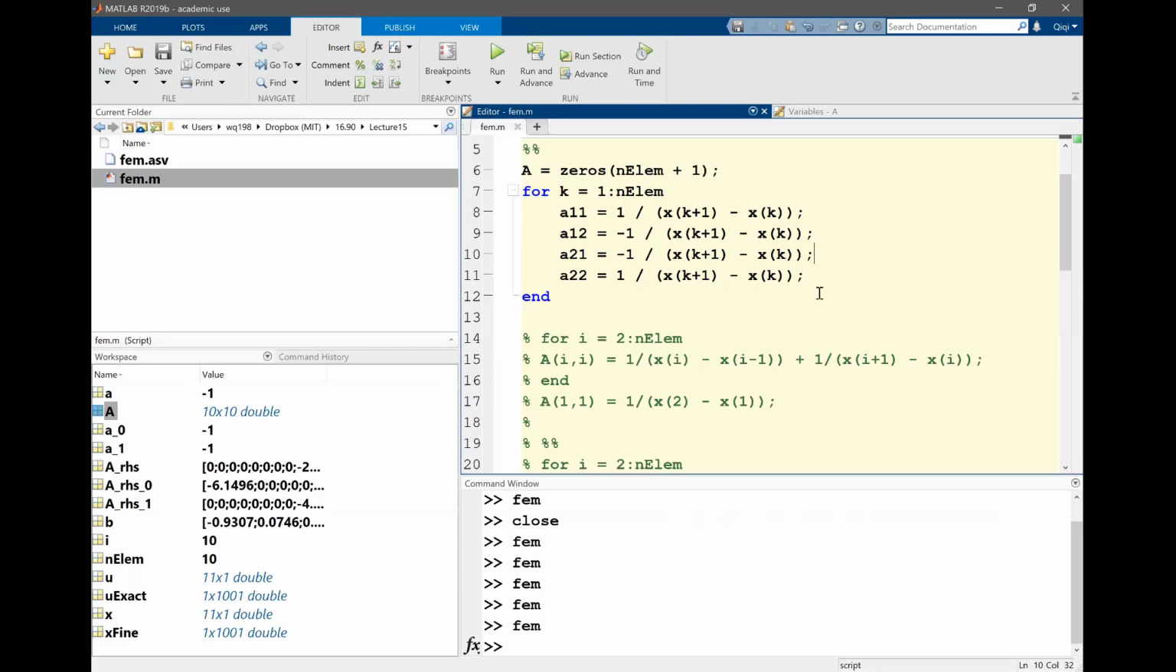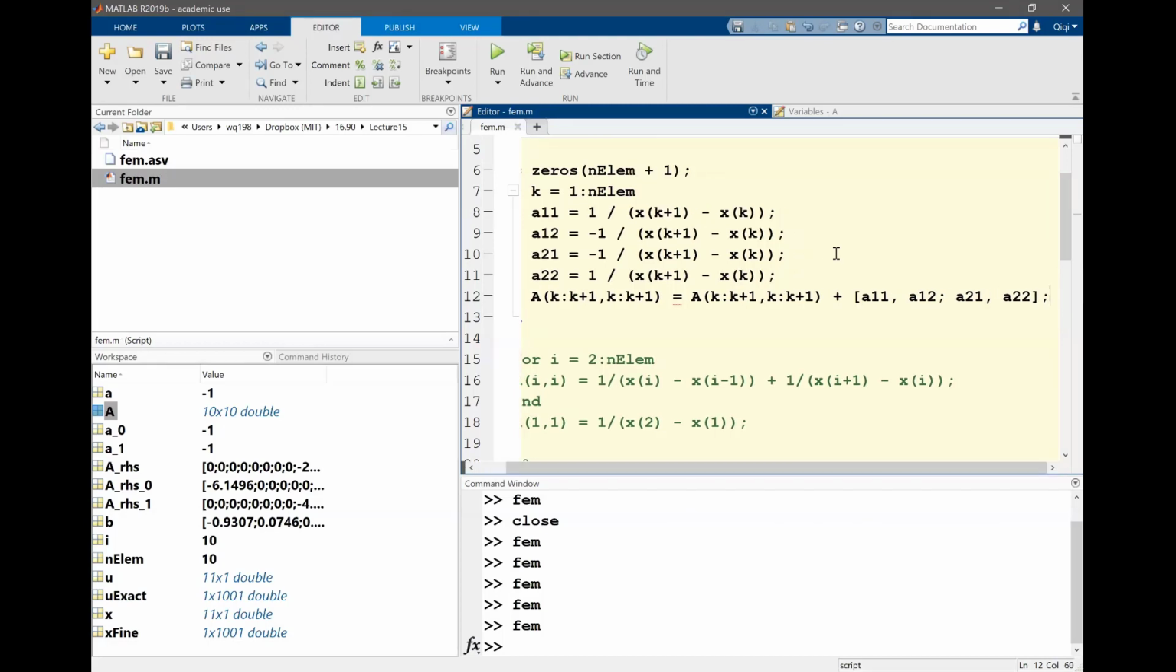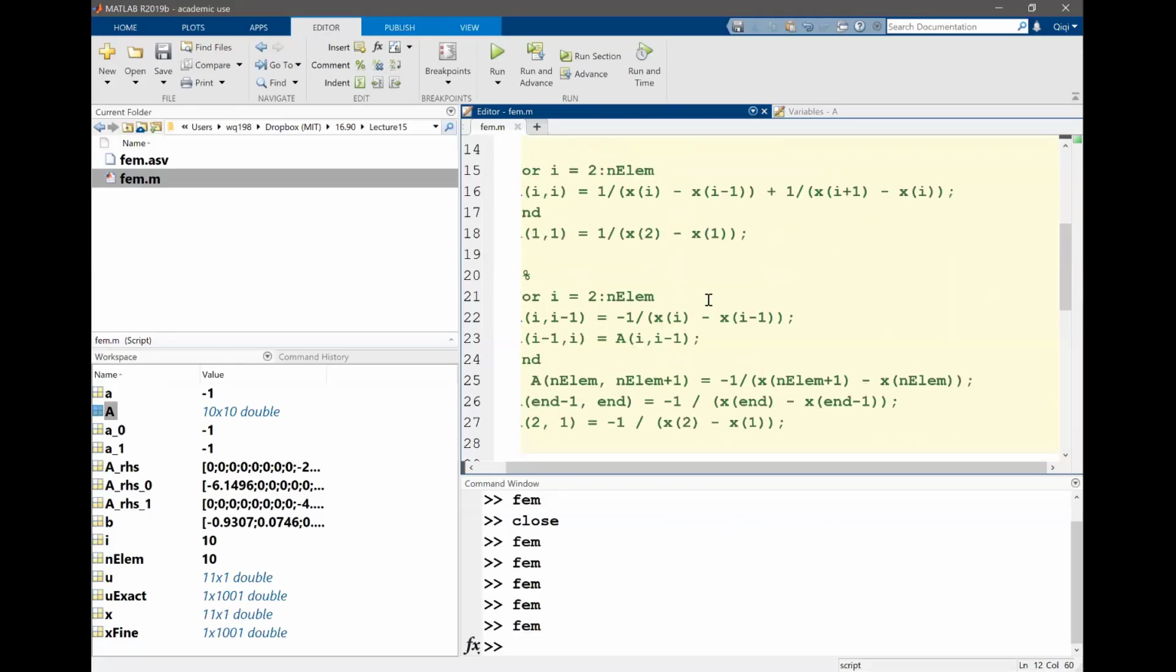All right. So it's interesting that they are extremely easy to compute and pretty natural. And the only thing left is to assign them to different places. So A of k to k plus 1 and k to k plus 1 is equal to the same thing plus a11, a12, a21, a22, right? So basically I'm incrementing the matrix, adding essentially the contribution of this element to the matrix. Okay, and if you run this